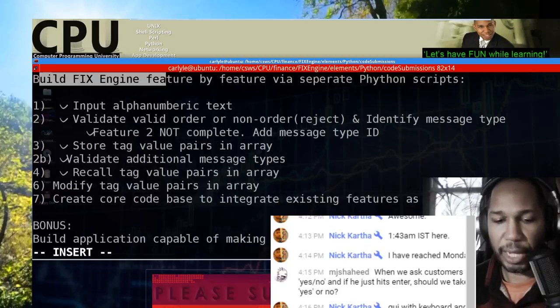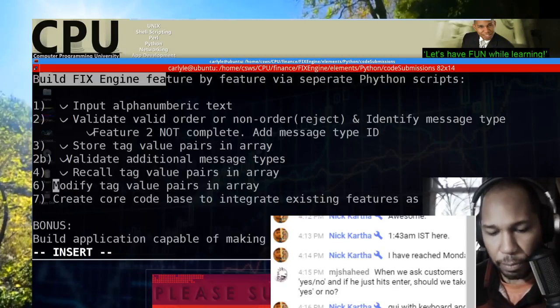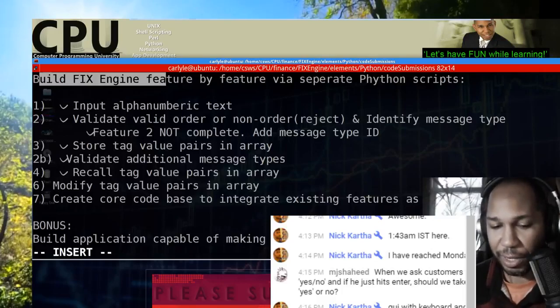Like, I would think at a minimum goal, I would like to be able to generate an order message. So now we need to build potentially a very basic trading interface, something that at least allows you to enter an order.